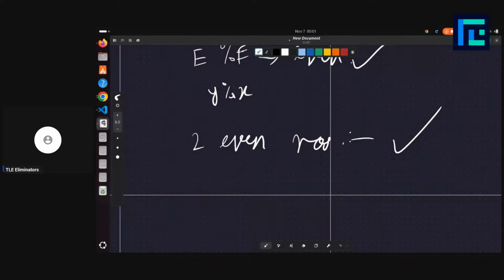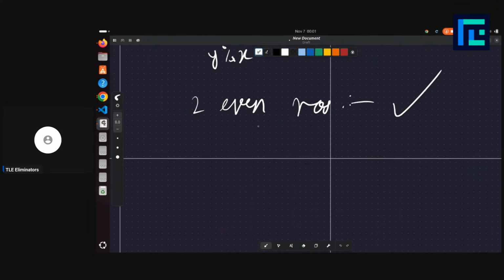Okay. But what if in our array we don't have two even numbers? That is, we have only a zero. Like either we have no even numbers or we have only one even number, right? That is the case that is left. So if we have two even numbers in our array, then our job is done, and it is pretty easy to detect whether or not we have two even numbers in our array. Now, for the second case where we don't have two even numbers,